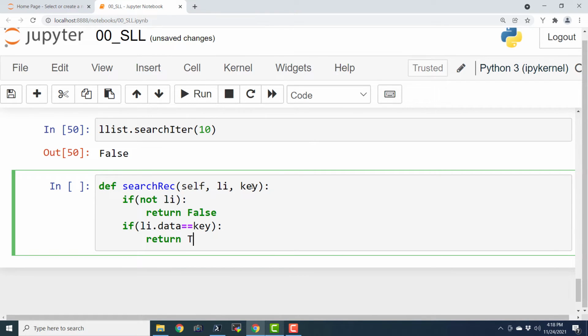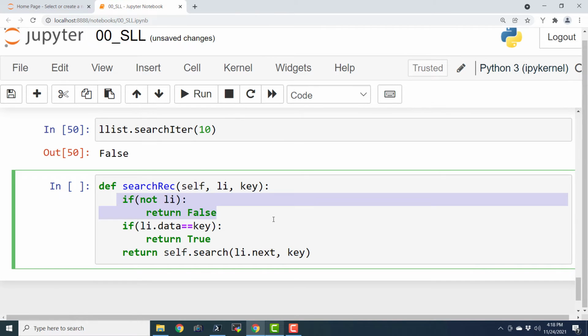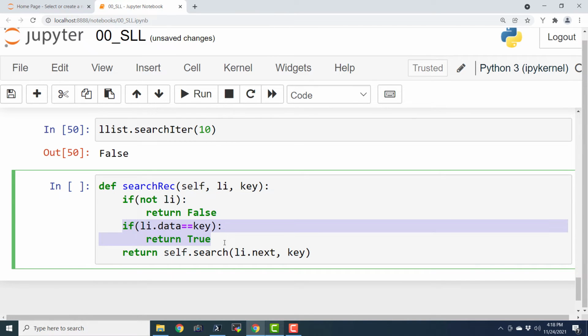Otherwise, return the search of li.next, key. That's it. It is very easy. Basically we are checking if it is empty, then return false, and if we find the data in that particular node, then return true. Otherwise return the result of search, passing the next node and the same key.